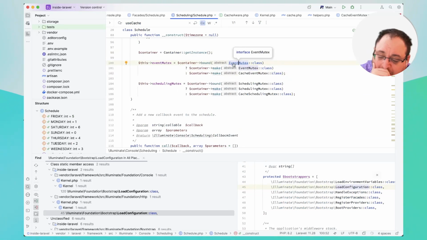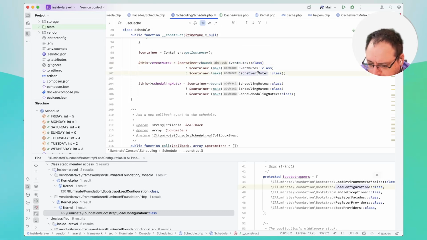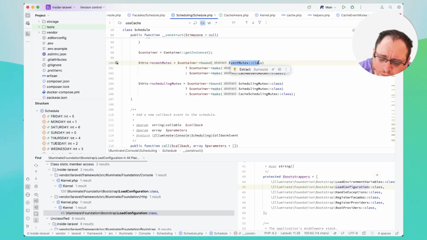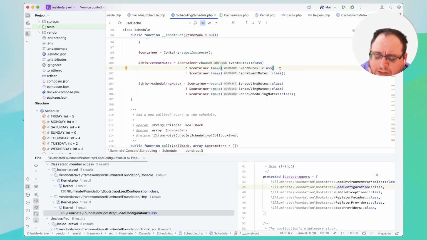I think what's bugging me here is this is a string, right? When we look up stuff in the container, this isn't a class name anymore. We're not doing any inheritance checks or anything like that. It's just a straight up string that is the class name. Which means that if you bind the event mutex into the container,